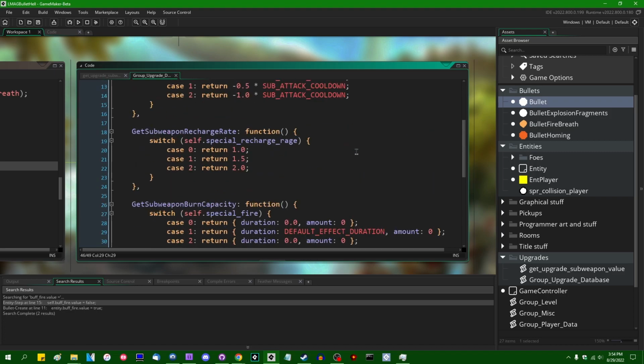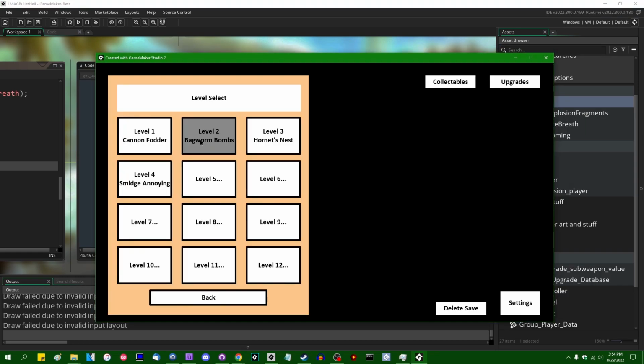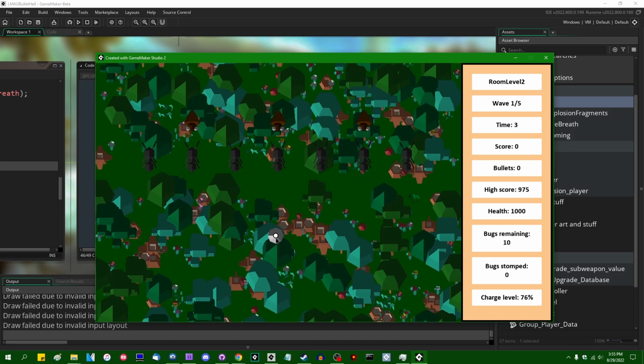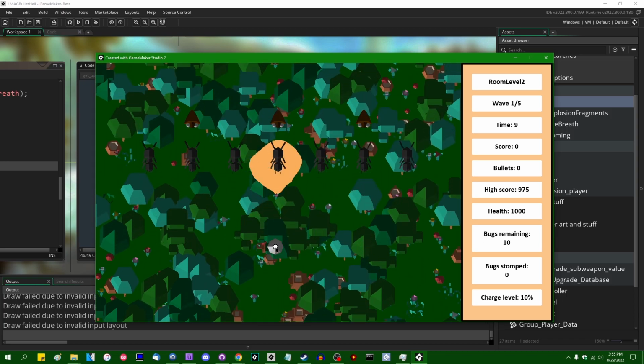Alright. So now, if I shoot my subweapon, I should not set the foes on fire. That's going to be the first one that I test. I'm going to let you charge. And I believe you're taking damage, but you're not being set on fire. If I do that again...